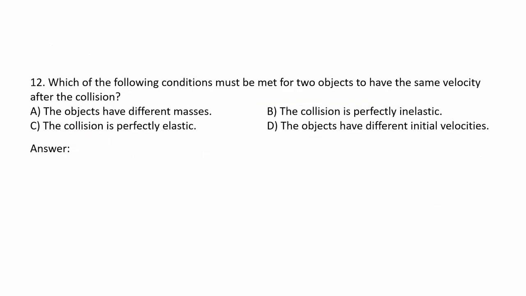Which of the following conditions must be met for two objects to have the same velocity after the collision? Letter A, the objects have different masses. Letter B, the collision is perfectly inelastic. Letter C, the collision is perfectly elastic. And letter D, the objects have different initial velocities. The answer is: